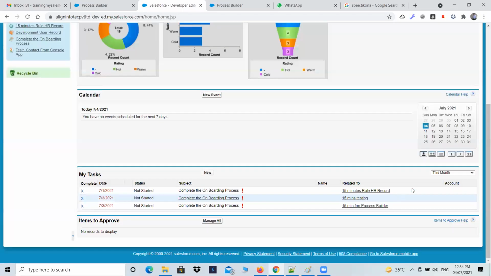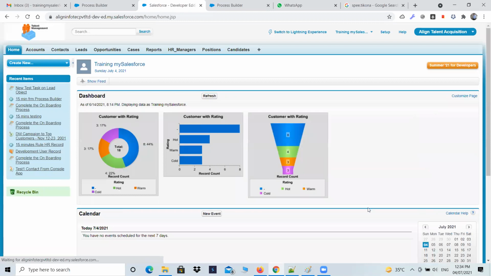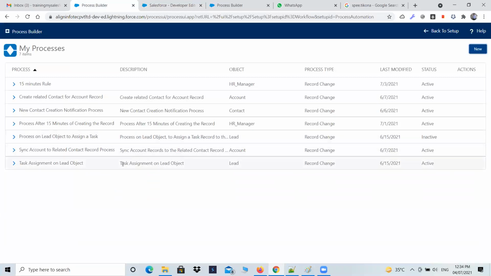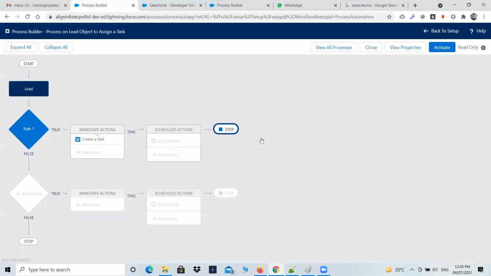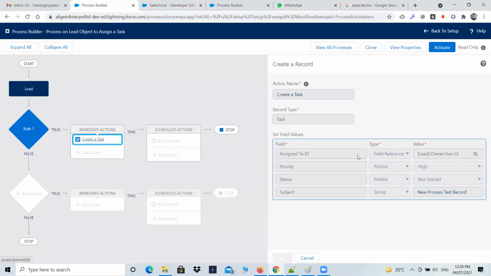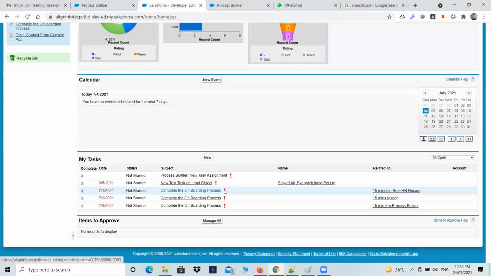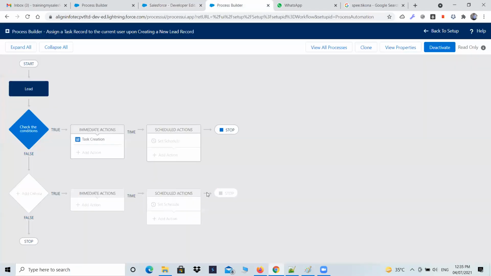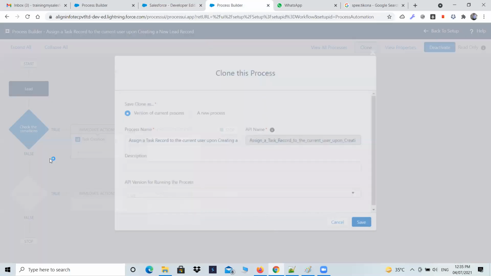दिस मंथ, ऑल ओपन। प्रोसेस टेस्ट रिकॉर्ड, अच्छा, न्यू प्रोसेस टेस्ट रिकॉर्ड है, न्यू प्रोसेस टेस्ट रिकॉर्ड इस नाम से मिलना चाहिए। प्लस ओवरड्यू। चलो देखते हैं इसको फिर से।